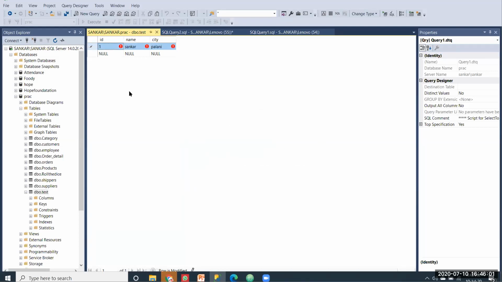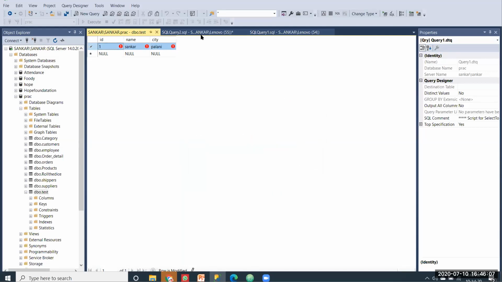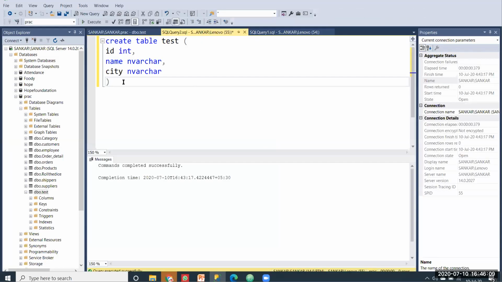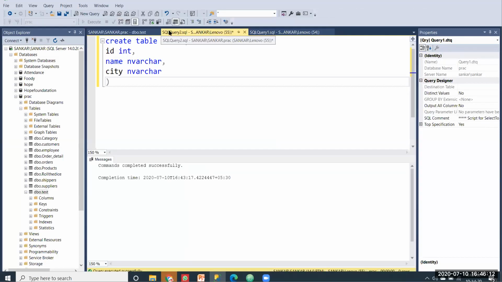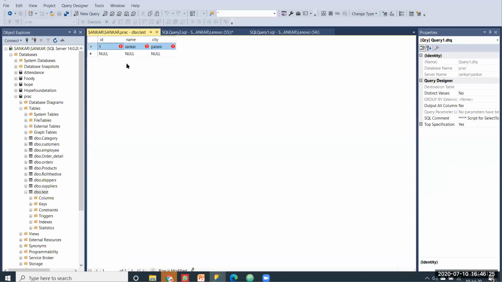Okay, it's getting an error. So let's see the traditional way to insert into a table. Here I'm going to insert into my table named test. This other method I'll show later, where we can add 1,000 or more records in a single click.